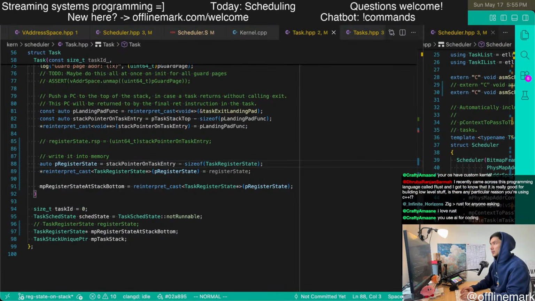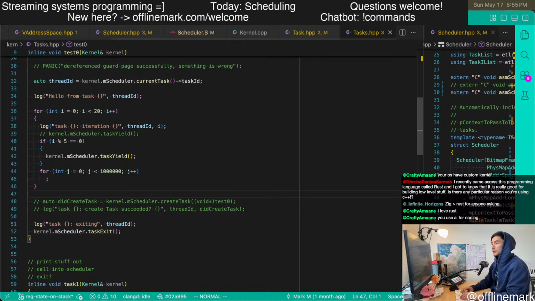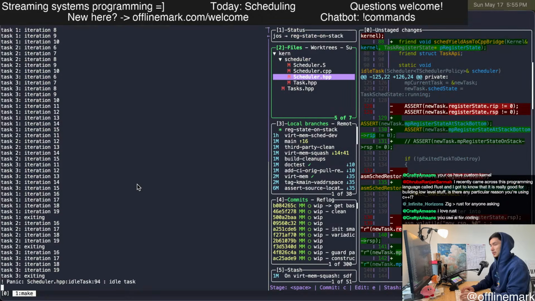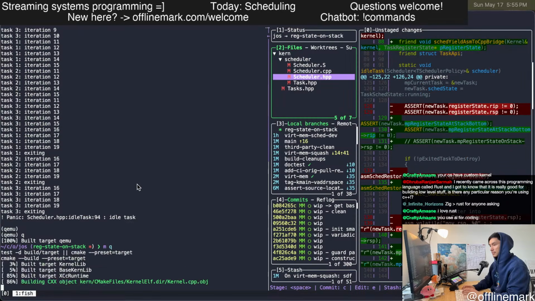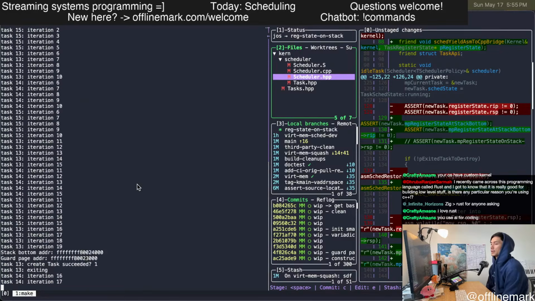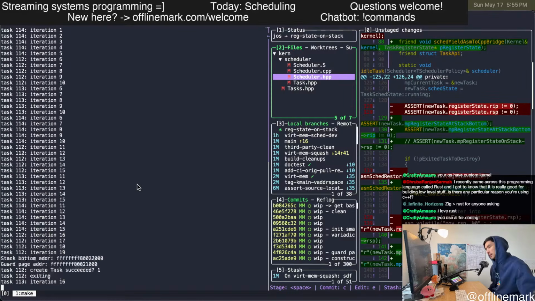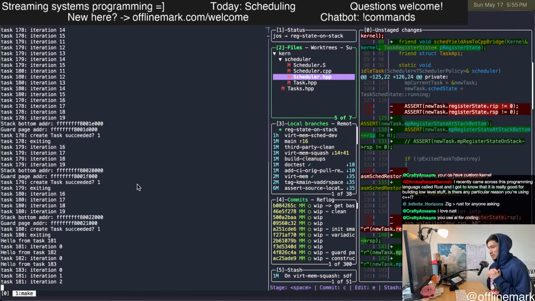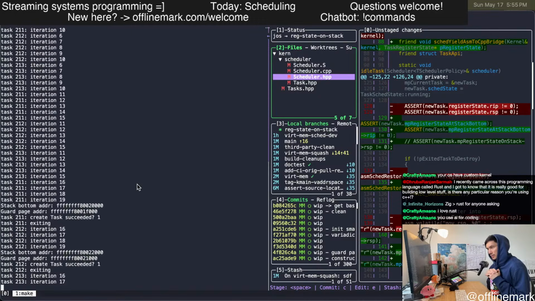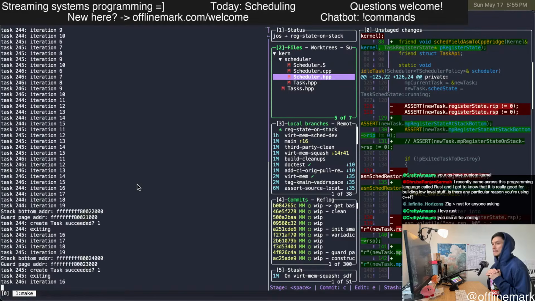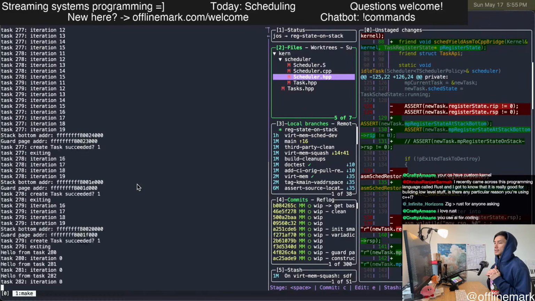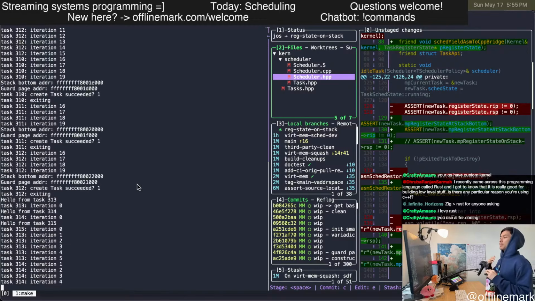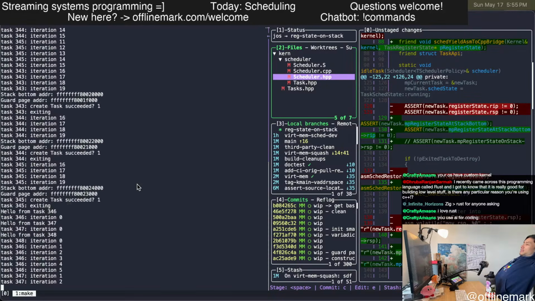Just for fun, we can go over here and re-enable this code, which causes a bit more action to happen, where we are really starting to run a bunch of tasks. And it looks to me like that's working. So I think that's pretty good confirmation that I haven't completely busted the entire thing.